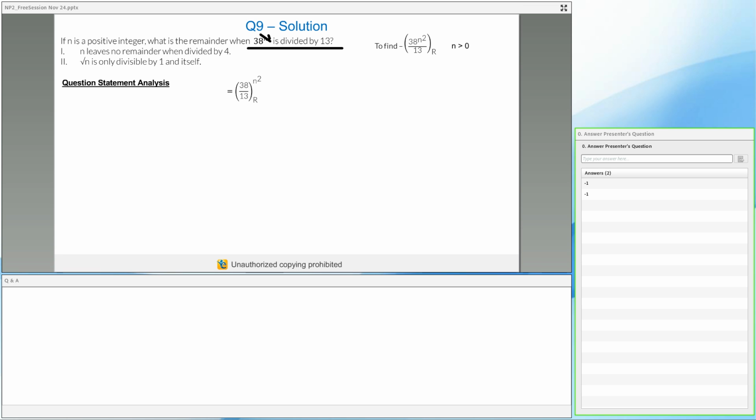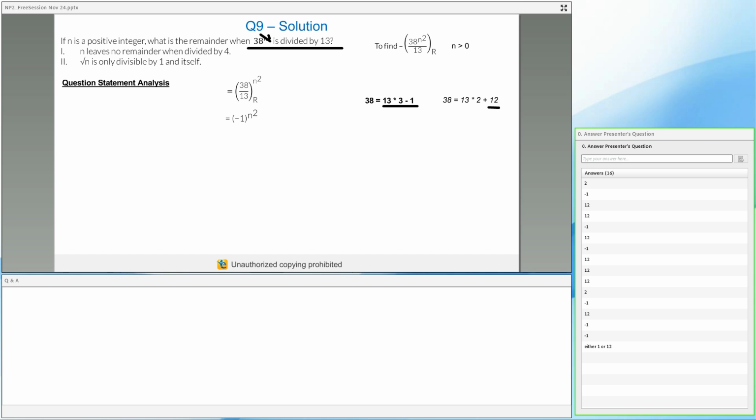Yes, I have got one correct answer, two correct answers, good. A lot of you will think the answer is 12, and a lot of you will say -1. This is exactly one of those questions where the negative remainder helps you a lot. Those of you who got 12 should have thought, I'm getting 12, which is 1 less than 13, so I can write it as a negative remainder. 13 into 3 is 39, so I can write it as -1.